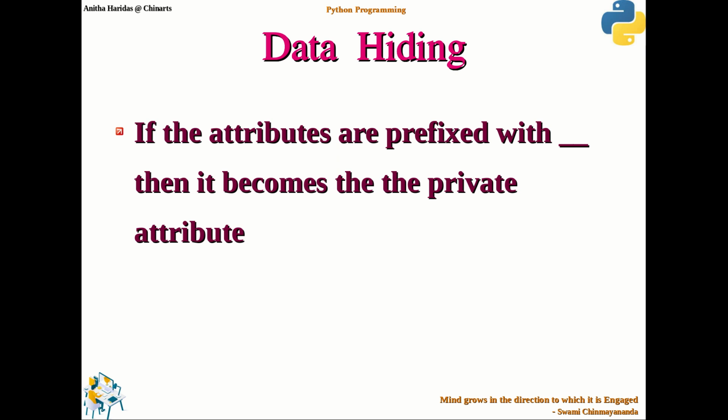So, if the members of a class are private members, then obviously we are achieving data hiding. Just make a note of it. Data hiding can be achieved by making the members of a class private members. What happens if you make it private? Access to the private members will be restricted, and it is only available to the member functions of the same class. So, all the private members can be accessed only by the method members of that particular class.